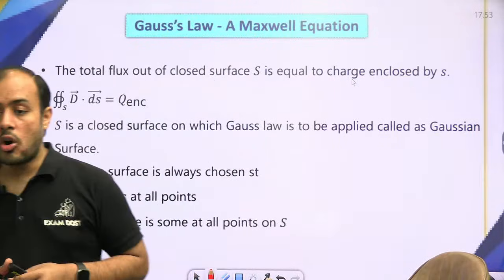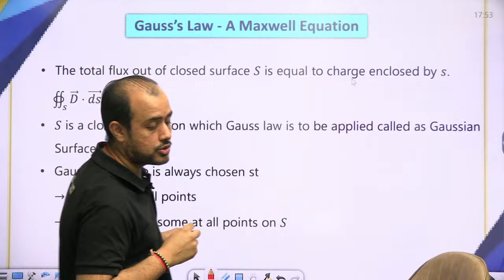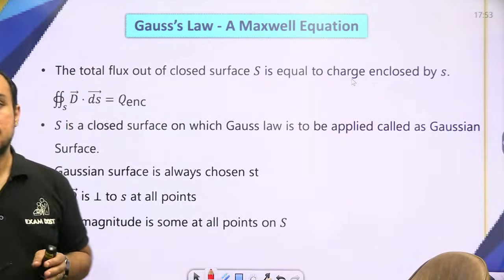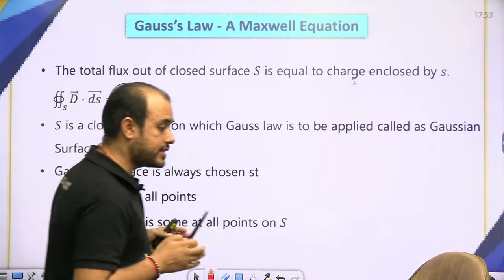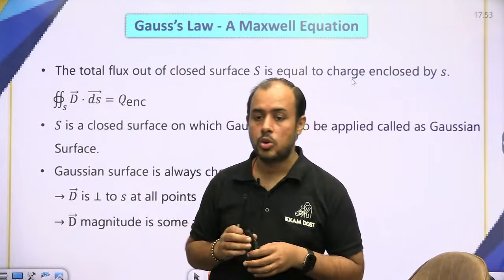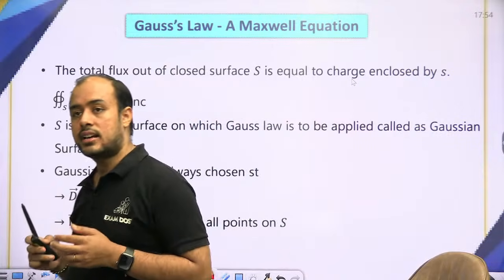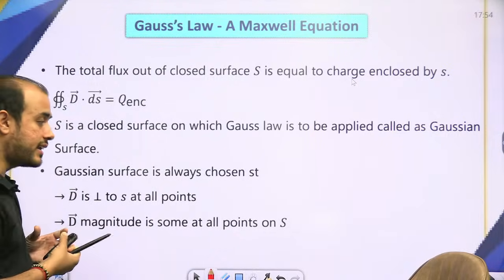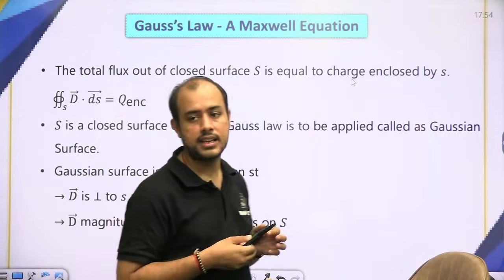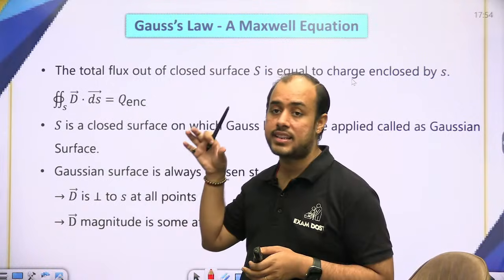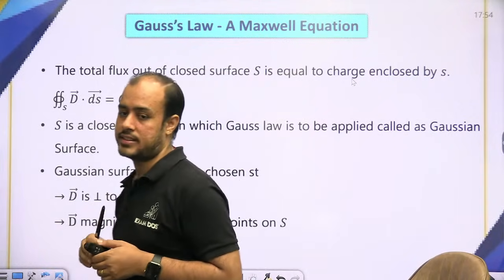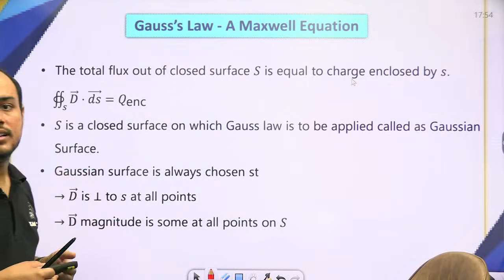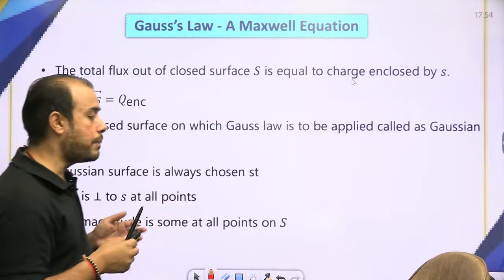Okay, so Gauss law is a law which is based on the electric flux. So Gauss law says the flux through a closed surface is equal to the charge enclosed by the surface. एक closed surface से कितना flux बाहर आता है? How much amount of electric flux is leaving a closed surface? That is always equal to the charge that lies inside the surface. चार्ज एनक्लोज का मतलब होता है कितना चार्ज सरफेस के अंदर रखा है।